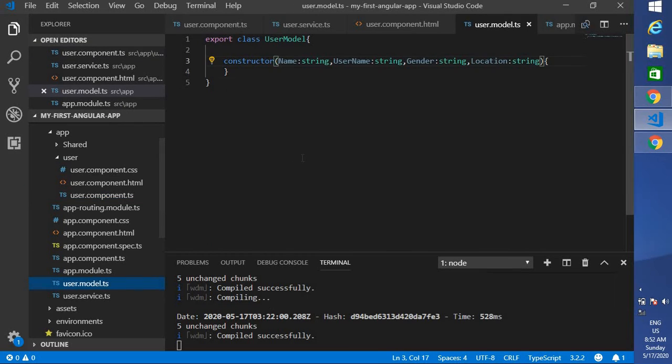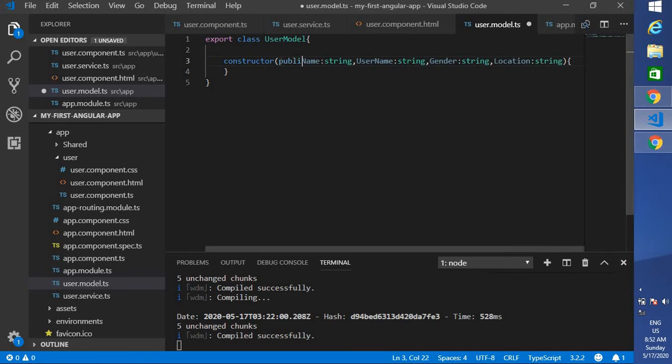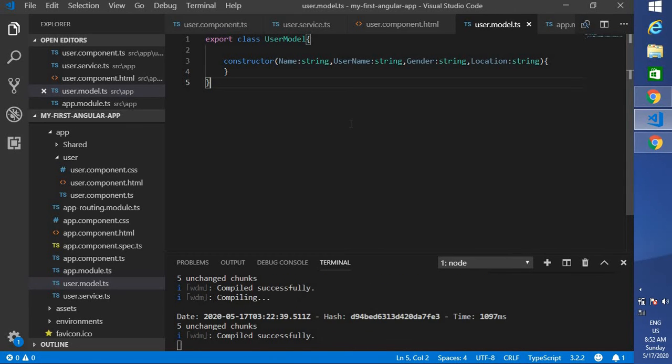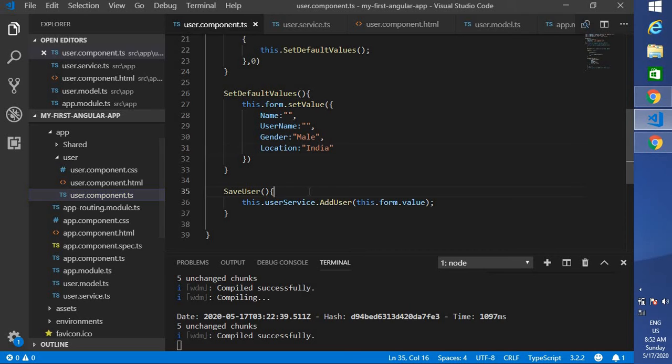Before that, let's look at the user model. Let's make this constructor public. Let me see, I think there should not be any issue. No issue. I think my Visual Studio has some issue. Now go to our user component.ts file.